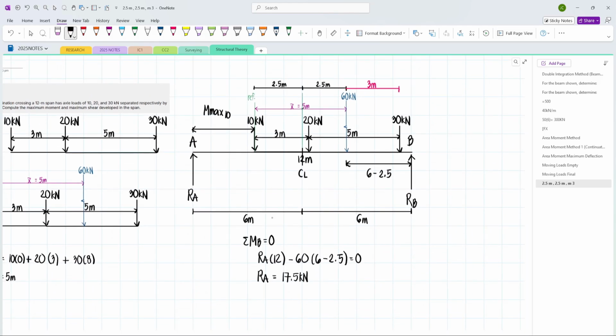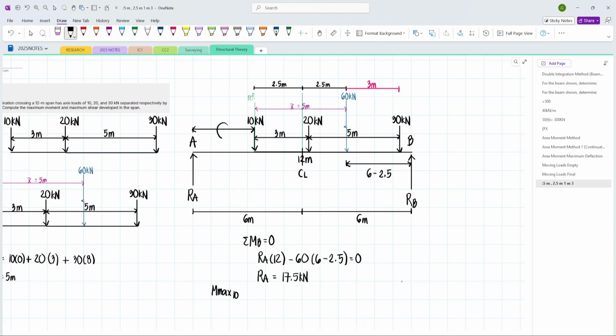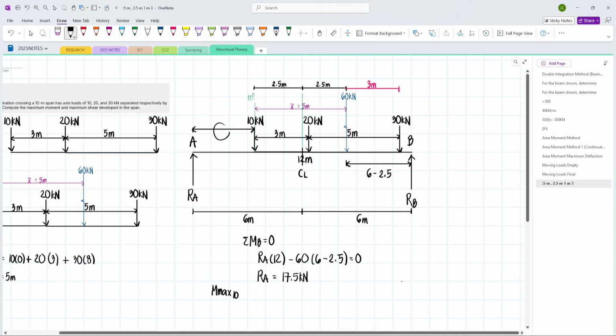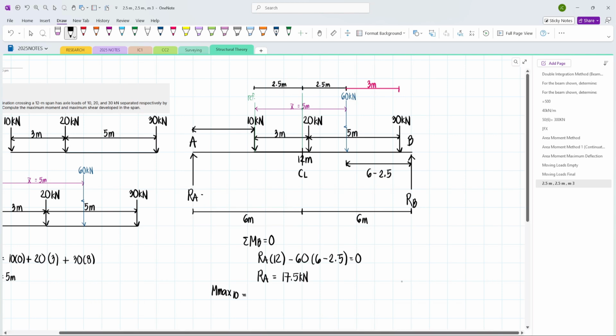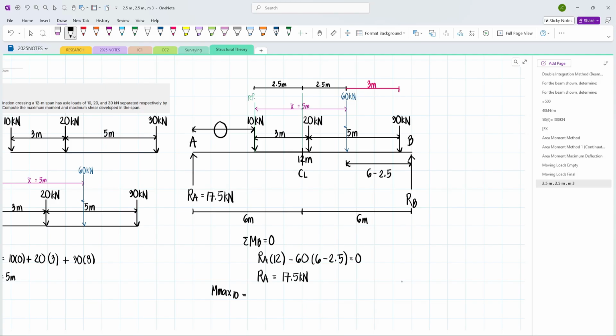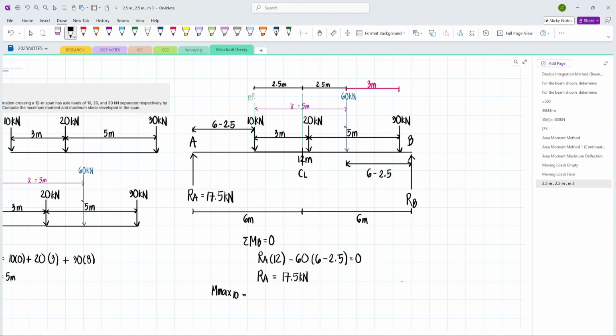So, ngayon, moment tayo sa 10 kN load. M max under the 10 kilonewton load. We need to find this distance. To find this distance, di ba, 6 meters yan. So, essentially, 6. Then, ibabawas natin yung 2.5 meters. So, this is, again, 17.5 kilonewtons. Then, this distance is 6 minus 2.5. So, 17.5 times 6 minus 2.5